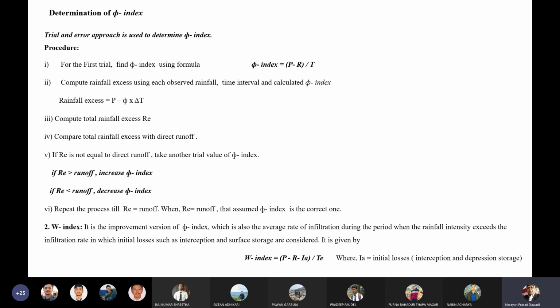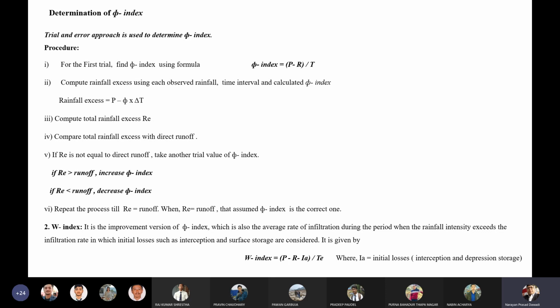After knowing the phi index, find the rainfall excess, RE, using the equation P minus phi into delta T. The time delta T is the different time interval that may be given there. According to the time interval, you have to find the rainfall excess and add up all the rainfall excess, and you get the total rainfall excess as RE. Now compare this RE with the value of R, runoff volume. If RE and R are equal, at that time the phi index that we consider is the corrected phi index. Otherwise, repeat the